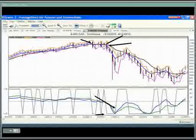You have probably the best longer-term clue, the predicted moving average. That blue line is now below the black line, and you like to be on the side of wherever that predicted moving average is relative to the actual moving average. You like to be